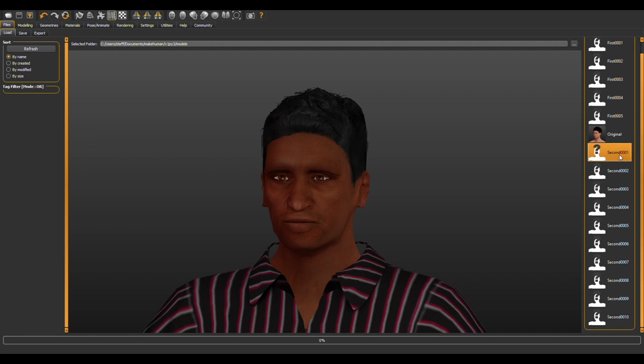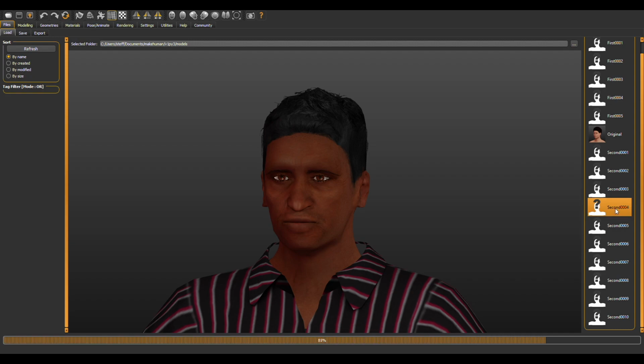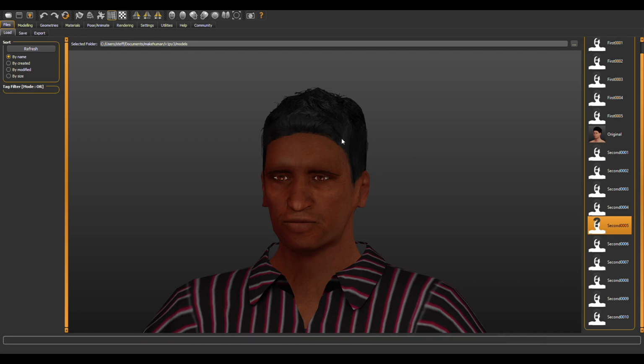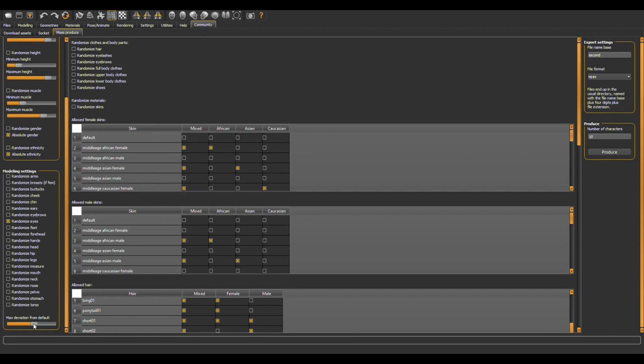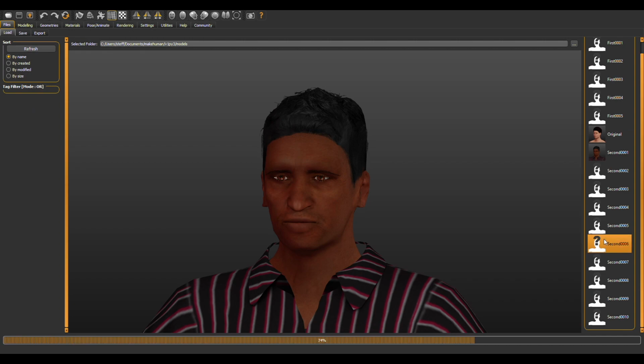So let's check some of these out. So that's pretty close to what we already had before. So a few different shapes here. So you can see with the randomization setting, and especially with the deviation not being turned up as far as it could go, we're getting some good variation between these, but it's reasonably subtle here. That one's a little bit bigger,